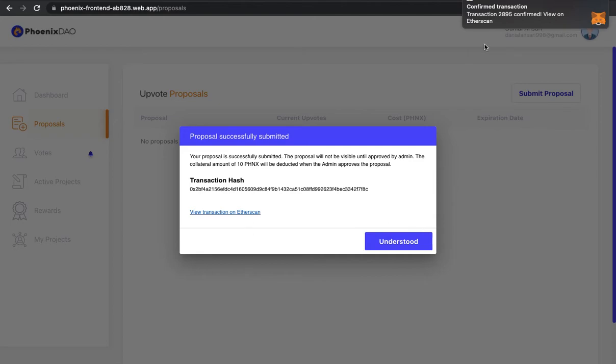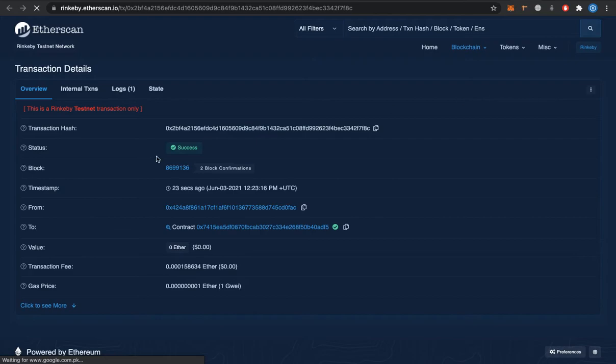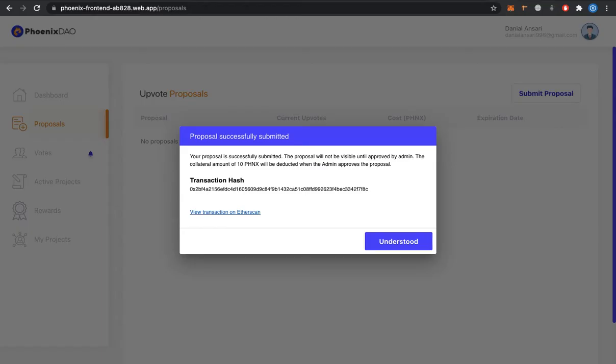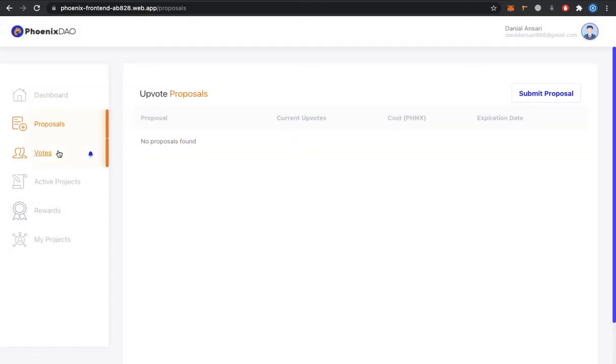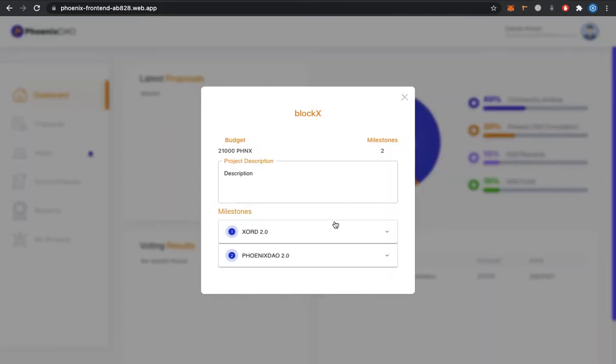Okay, so the transaction has been confirmed, and if I want to see it on Etherscan, I will be able to do it right now and wait for the data reflection here. Okay, so the transaction has been successful, and now I will go back to the dashboard and see if my proposal has been accepted or not.